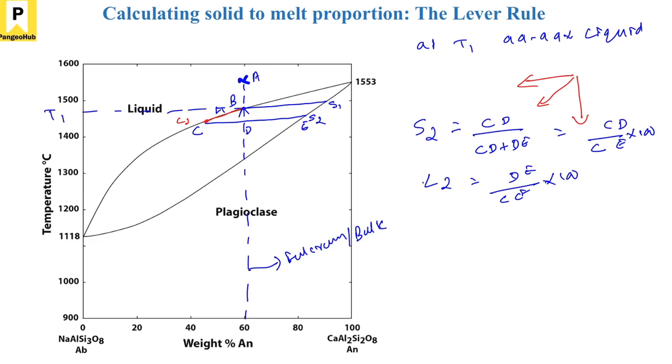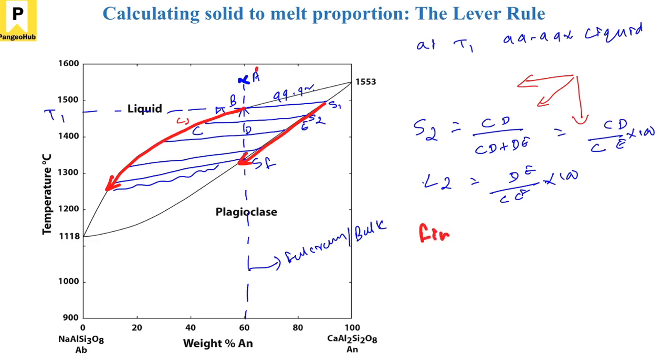So now what will happen? See, at this point it is 99.9% melt. Now it will go on cooling like this, like this. Now as it touches this point here, what happens at this point? You have 100% solid. So this is SF, the final solid. You cannot drop the temperature below this because all the crystals have formed. The liquid has moved from here to here, the solid has moved from here to here, and the final solid that is forming has a composition which is the same as that of the bulk composition.